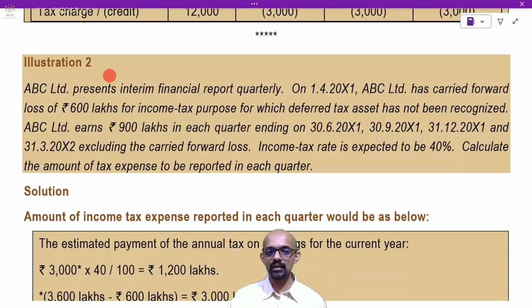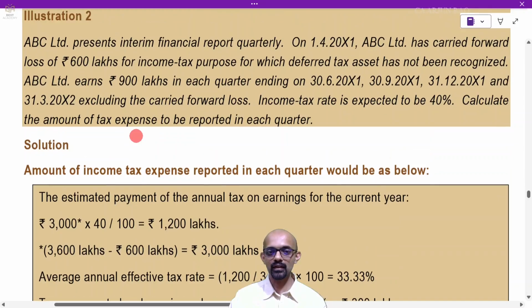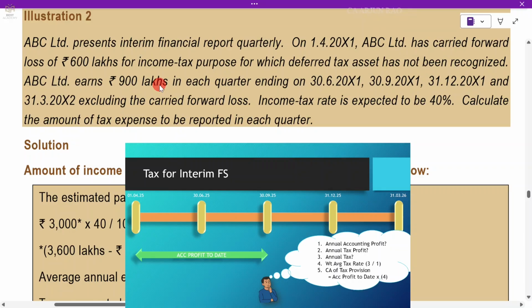So in the second illustration, there is a carry forward loss of 600 lakhs and 900 lakhs profit for each of the quarters. So what is the first step? Accounting profit. Estimated annual accounting profit is 3,600 lakhs, 900 into 4. What is the tax profit? That is 3,600 minus this carry forward loss of 600 lakhs, which we are going to set off. So 3,000 lakhs is the